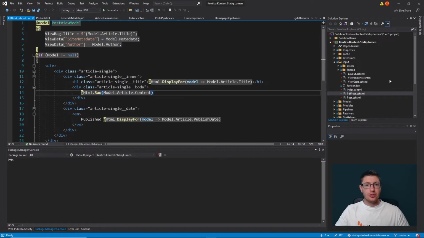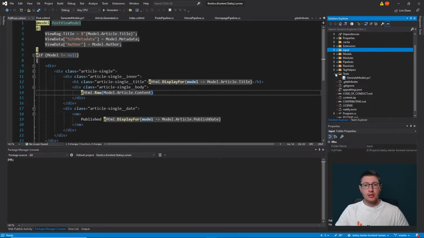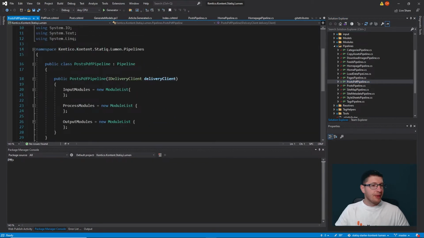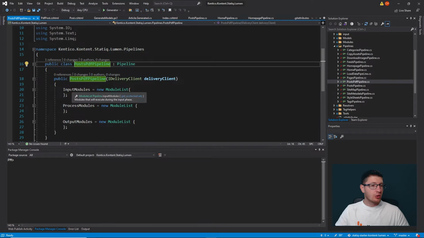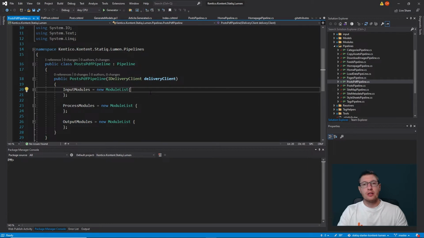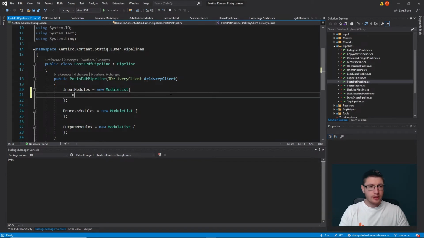Now, before we can generate the files into PDF, we need to create a new pipeline. So I already went ahead and created a file called posts PDF pipeline. And you see it's completely empty. It's a single pipeline that contains input modules, process modules, and output modules. And the way we're going to handle this is, for every article, we're going to call an online service that is capable of transforming HTML files into PDF, and we're going to get the file back and store it on our local. The input module is going to contain only a single line, which is going to be getting the